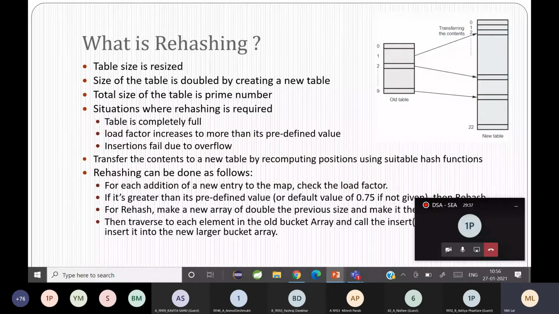How is it done? You create a new bucket of double the size of the existing bucket, and mostly the size of the table is taken as a prime number. And you again calculate the hash key values based on the new bucket size, and you transfer all the data from the old bucket to the new bucket depending on the hash key position.